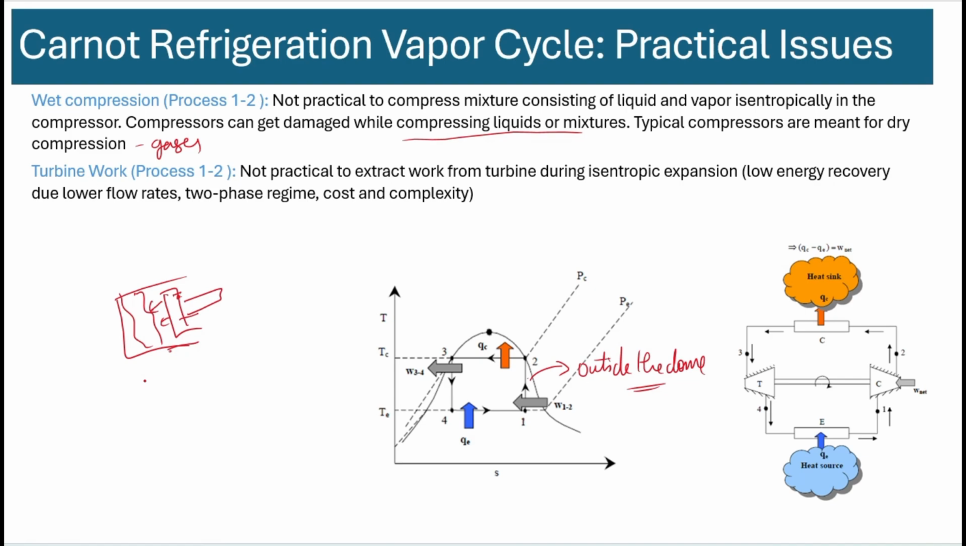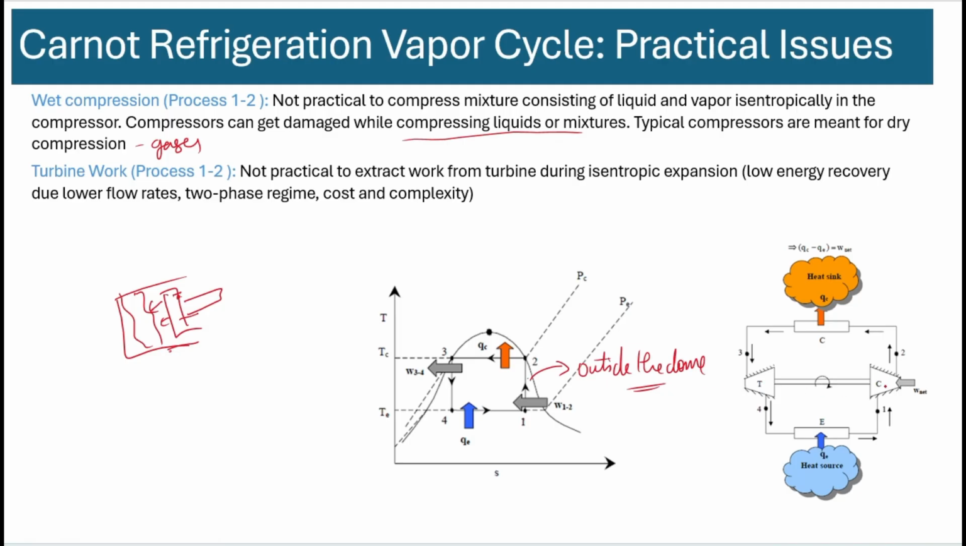So it's not practical to have a compressor that is trying to compress liquid or a liquid vapor mixture. So you need to do the compression outside this dome. Now, 3 to 4 is turbine, right? We have seen air turbine in the air cycle refrigeration, but that was air cycle, okay, and that turbine was